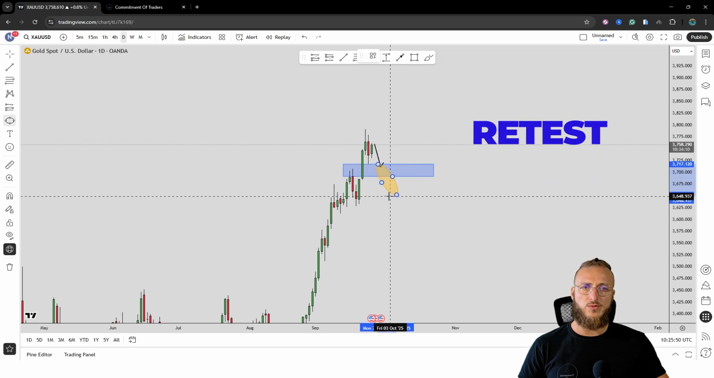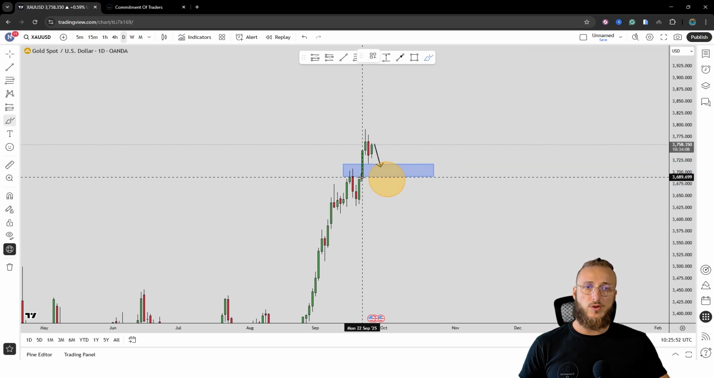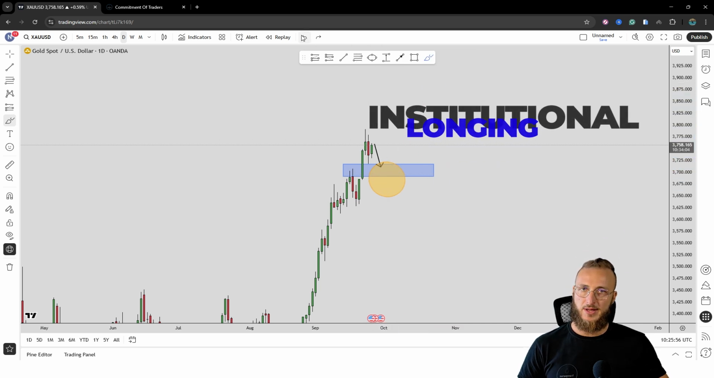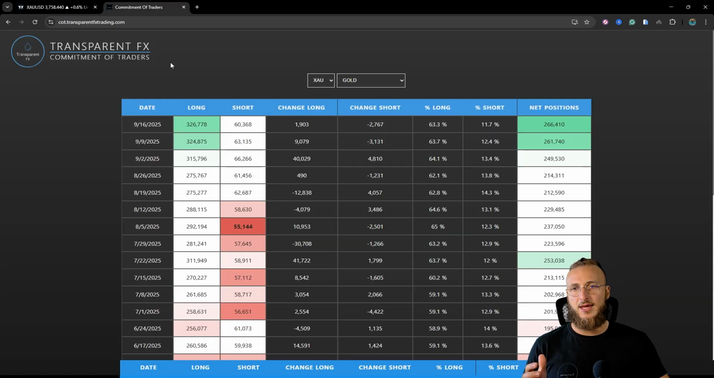And if the market will go and retest this level, there is good probability of seeing even more institutional buying inside of this area. Speaking about institutional buying, if we move to the commitment of traders analysis and we look